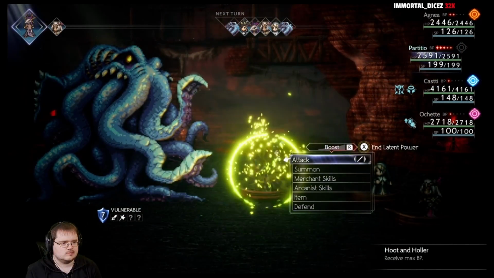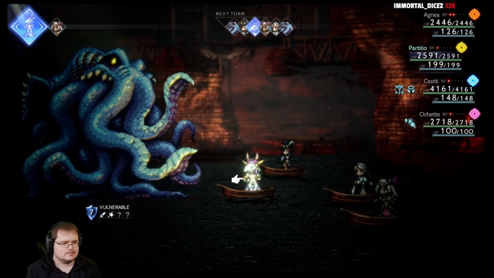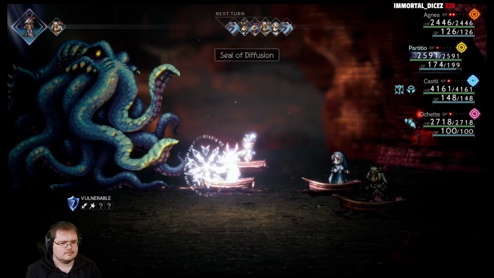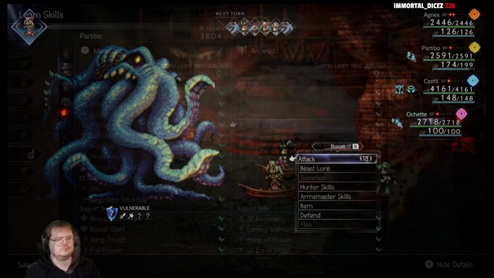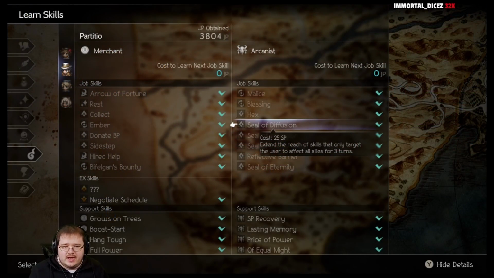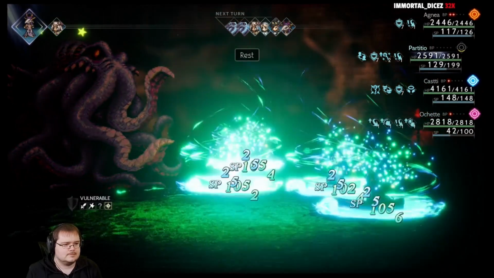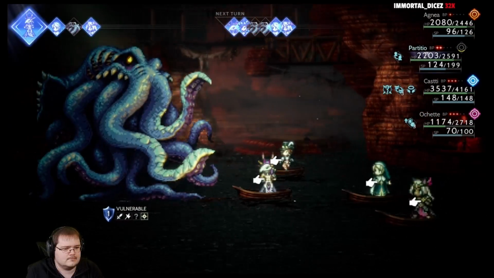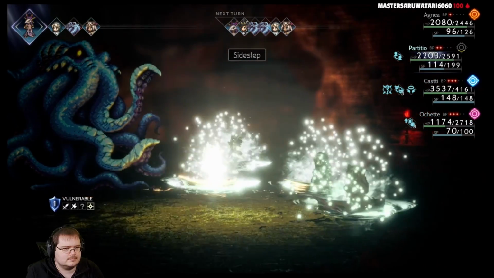So the Arcanist subjob, the way this works is you use Seal of Diffusion. Seal of Diffusion makes it to where all buffs that you would use on yourself, or abilities you would use that target only yourself, will become AoE and hit your entire party. Well, this means you can make Rest hit your entire party. This means you can make Sidestep hit your entire party, which is very broken,